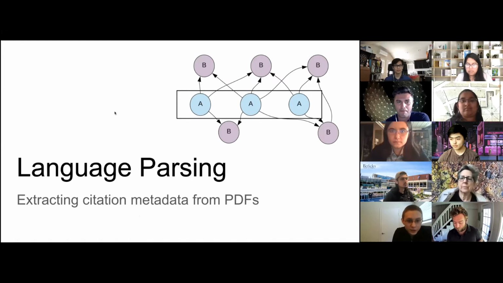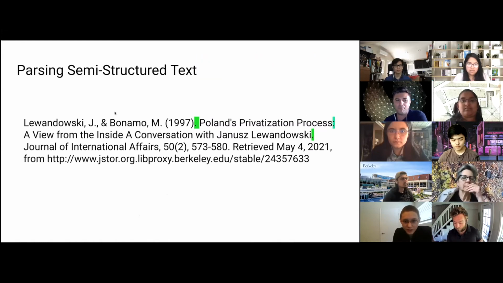Great. So what Kevin just talked about was more the bag of words kinds of approaches where you look at the content of the text as a whole to build relationships between them. What I'm working on is on a more basic level of extracting the structural information that's provided by citations. So what this means is, for example, if I want to extract information from this citation to find out something about the corpus,